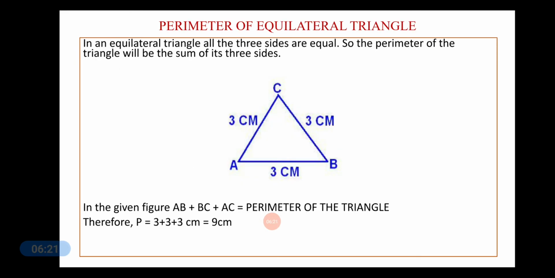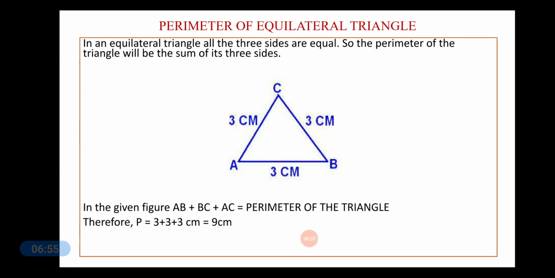Perimeter of an equilateral triangle. We know that in an equilateral triangle, all the three sides are equal. So, the perimeter of the triangle will be the sum of its three sides. Take this equilateral triangle A, B and C. All the three sides AC, AB and BC are equal to 3 centimeter. So, the perimeter of this equilateral triangle will be equal to 3 plus 3 plus 3, which is equal to